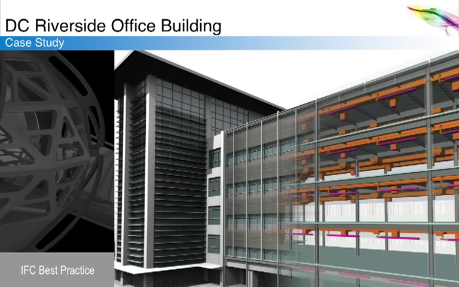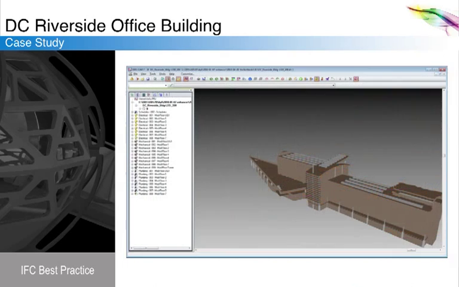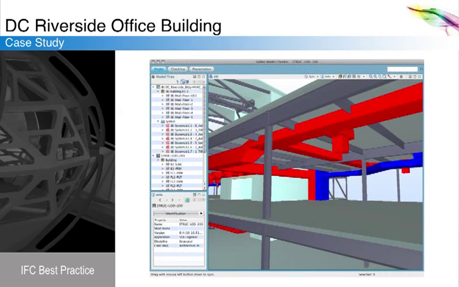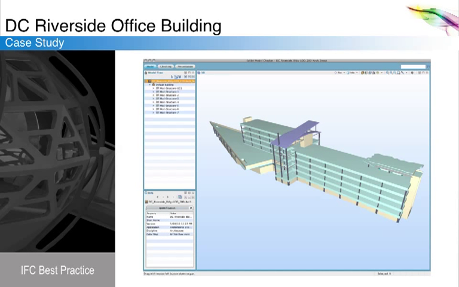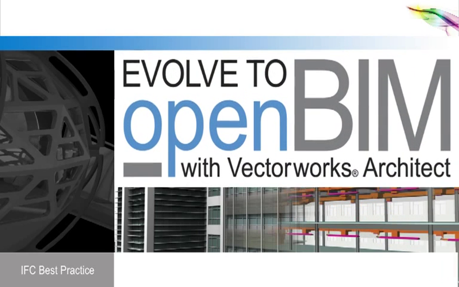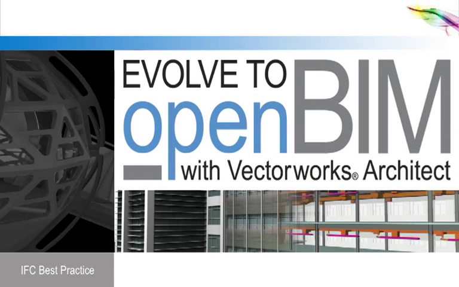Here at Nemetschek Vectorworks, we've created a BIM demonstration project called the DC Riverside Office Building, and it's available for sharing among our users for analysis and review. The simulated design team consists of an owner, an architect, a structural engineer, and a building services engineer, as well as a general contractor. All parties use Solibri Model Checker version 6 for validating, merging, and comparing the 3 IFC models at each stage. The results are quite interesting, and I invite you to have a look at this project. It's available on our website at